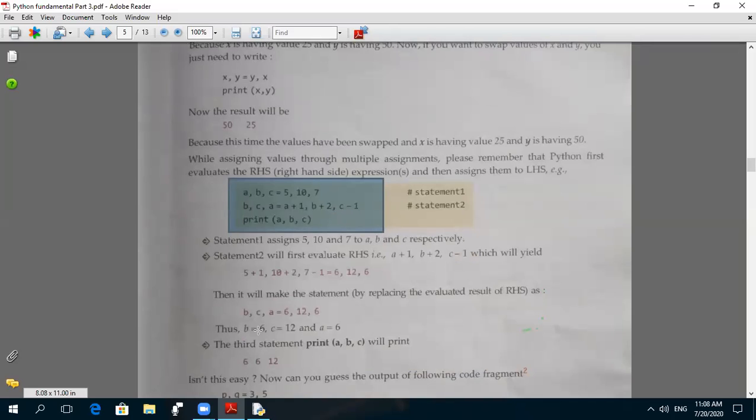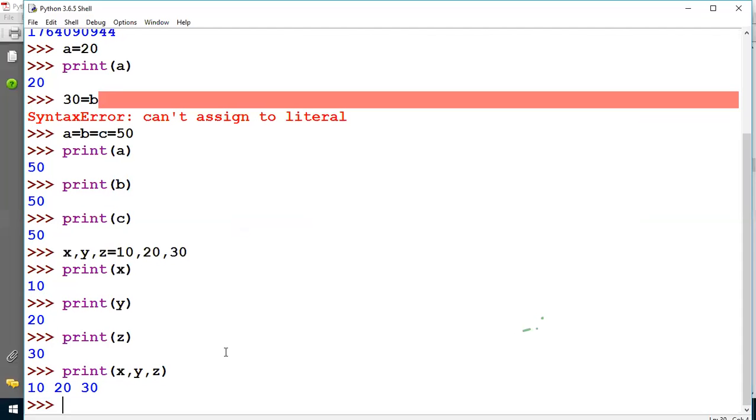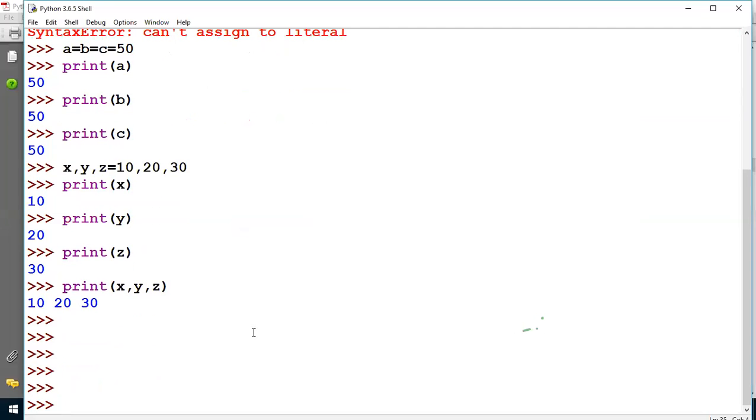Now see with the help of an example. Don't worry, let's change it a little. a comma b comma c equals 5 comma 10 comma 15.